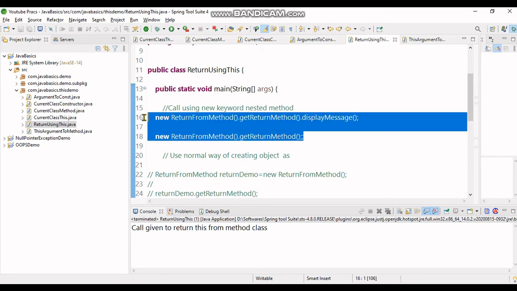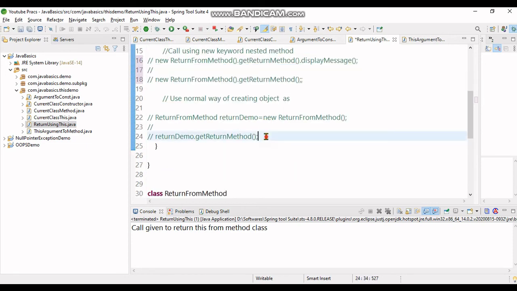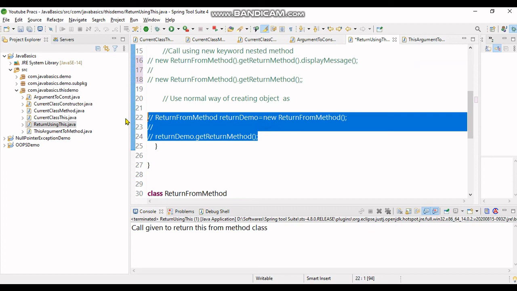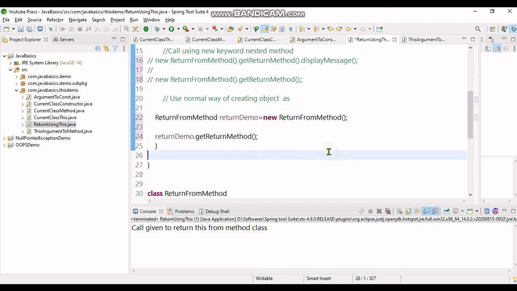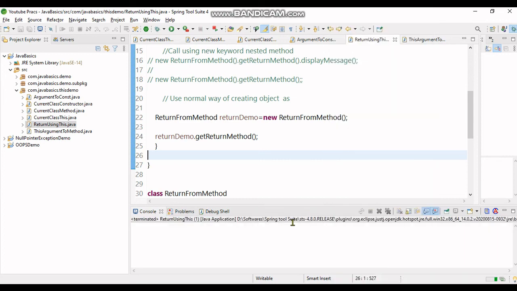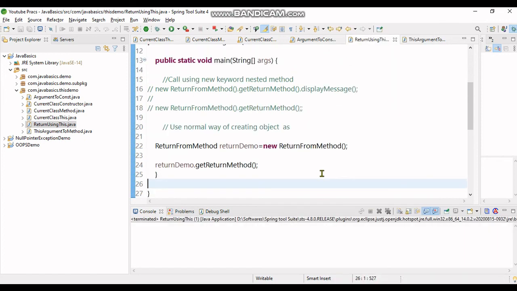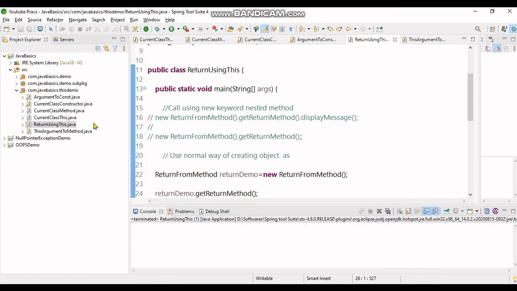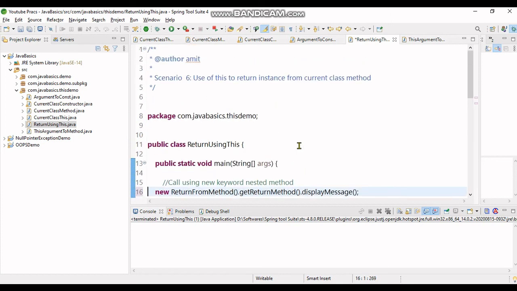Otherwise, if you follow the normal method, let's see what output it gives. It doesn't print anything. So the point to remember is you should use new directly and the nested method call to make use of return.